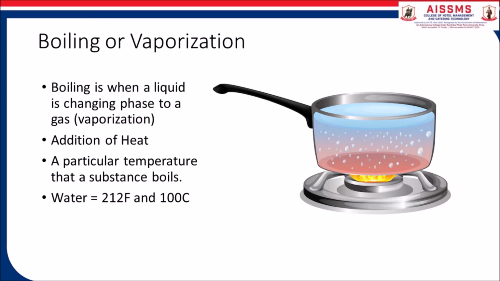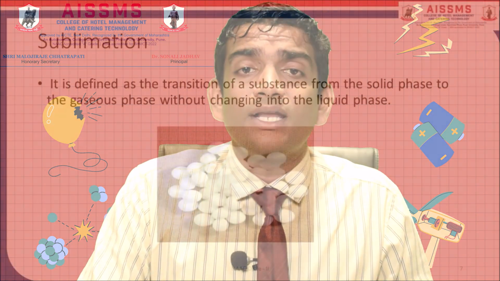While maturing, 2.5% of brandy is evaporated due to the latent heat and the pores in the oak barrels. That is termed evaporation, also called vaporization. Now, the third type of change of phase, solid to direct gaseous state, is called